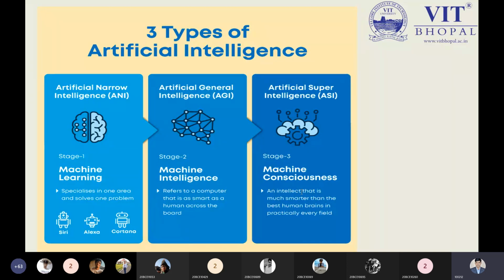AGI is sometimes referred to as strong AI. So we can say our artificial intelligence is divided into two parts: narrow AI and strong AI. This kind of strong artificial intelligence we see in the movies, and it is a good example I can take here. We can see robots in various movies.